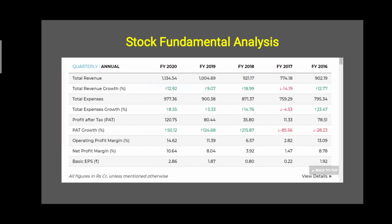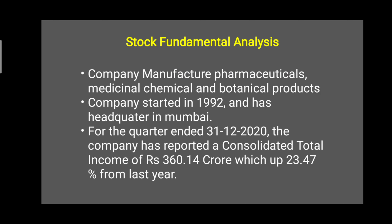So net profit margin has also increased from 3.92 to 10.64 since 2018. The company has provided growing profit, as we can see. So let's do a fundamental analysis of this company. The company is a manufacturer of pharmaceutical, medical, chemical and botanical products, and the company was started in 1992 and